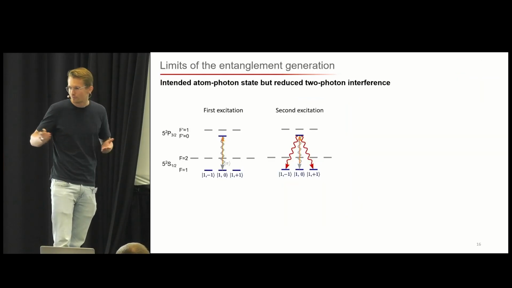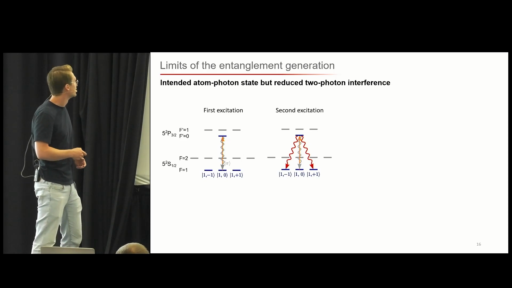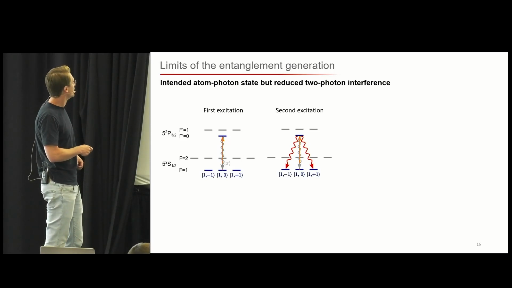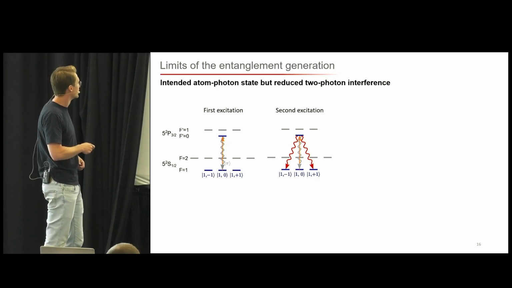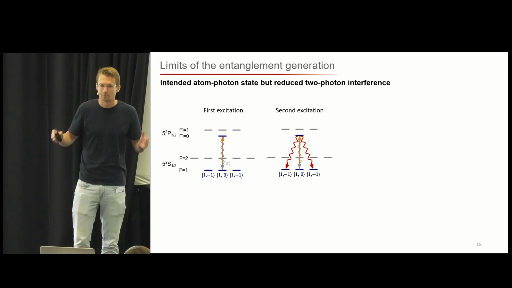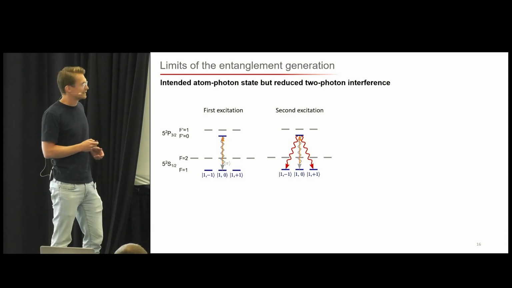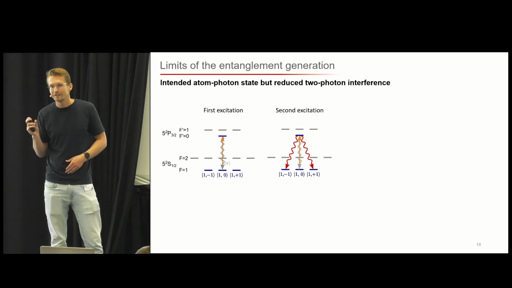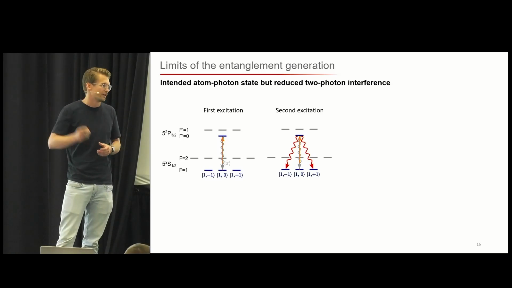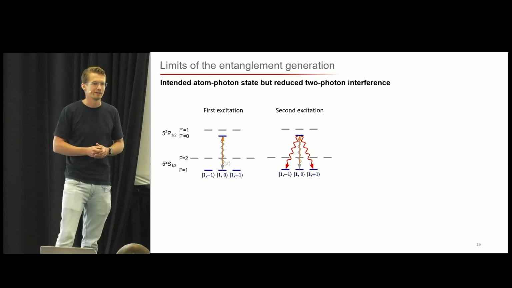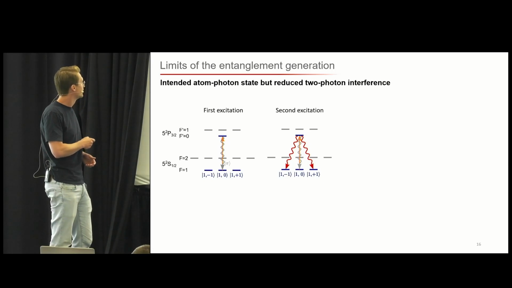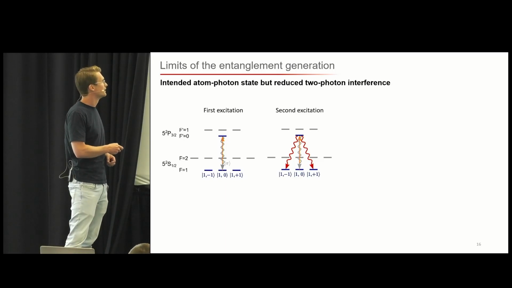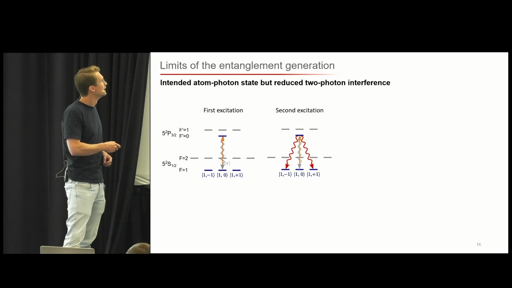We made several improvements here, and I want to highlight one. In our entanglement generation process, there's a high probability that the atom decays back to the F equals 1, MF equals 0 state. This happens with a probability of 1/3. And since the excitation pulse that we shoot in is roughly 20 nanoseconds, and the lifetime of the atomic state is comparable, around 26 nanoseconds, it can happen that this decay occurs when the excitation pulse is still on. If this happens, there's a possibility of a second excitation and a second decay.